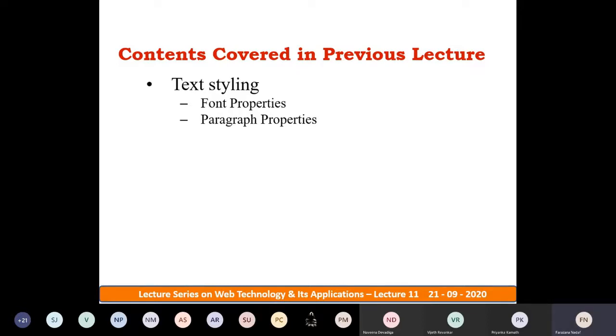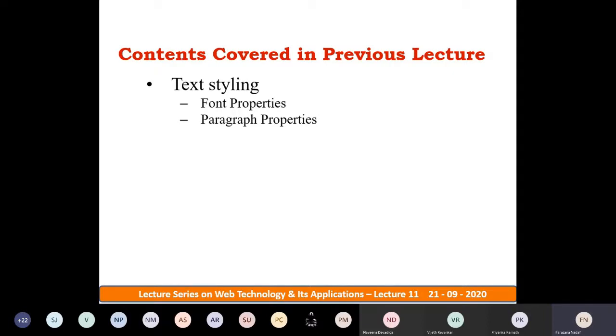Similarly, paragraph properties also affect text styling. Paragraph properties are the text properties where you can do text alignment, text indentation, text coloring, letter spacing, word spacing and so on.